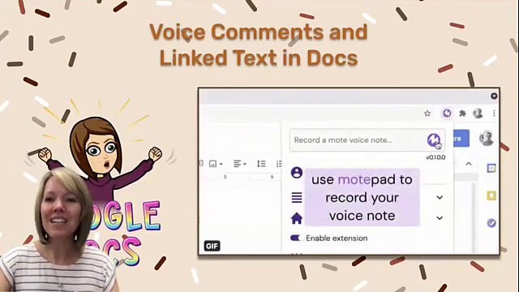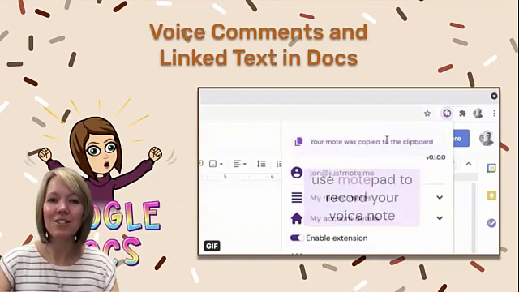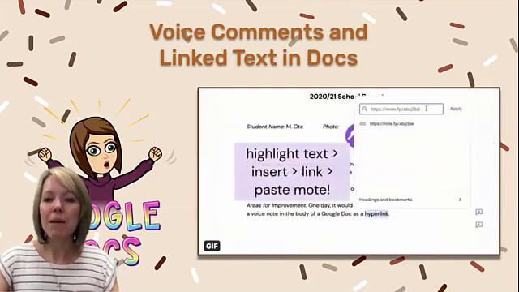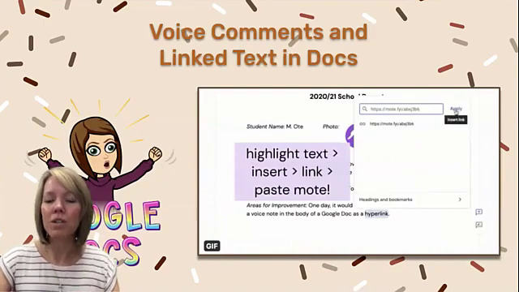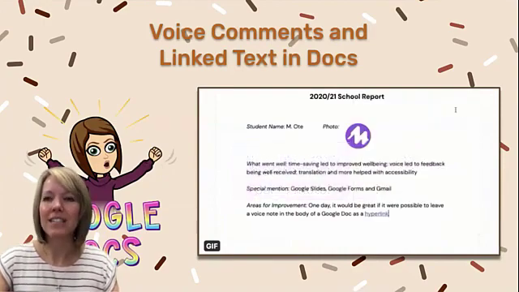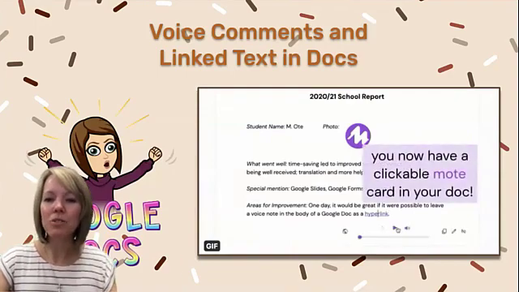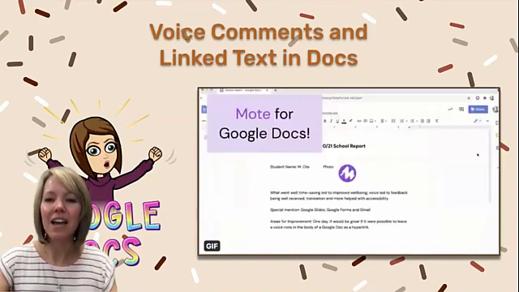Well, you can link those comments directly into Google Docs. How do you do that? So I go up to my Mote extension and I record a Mote on my Mote pad, it's called. I copy the link to the Mote, highlight an area in my Google Doc, add the link, and then now